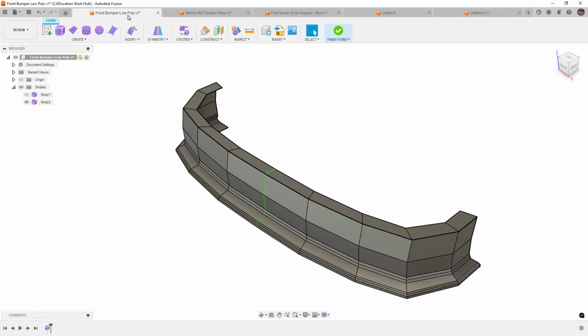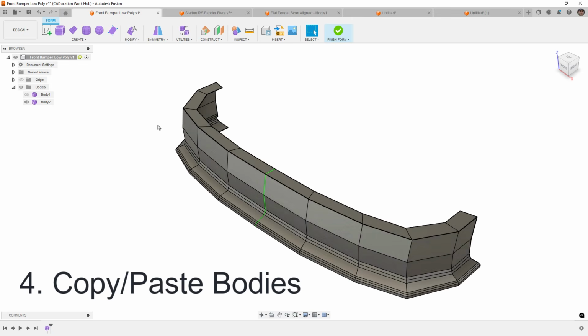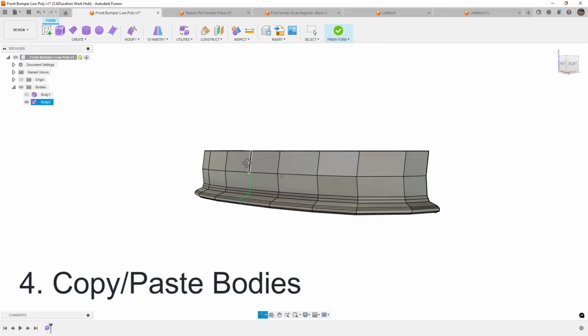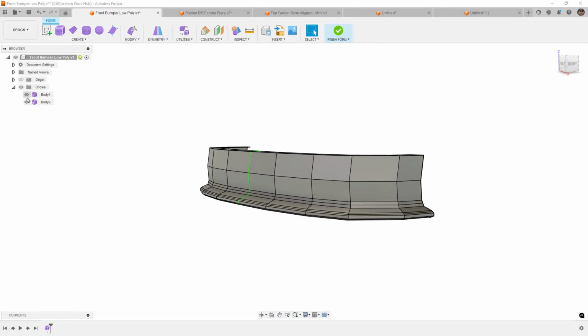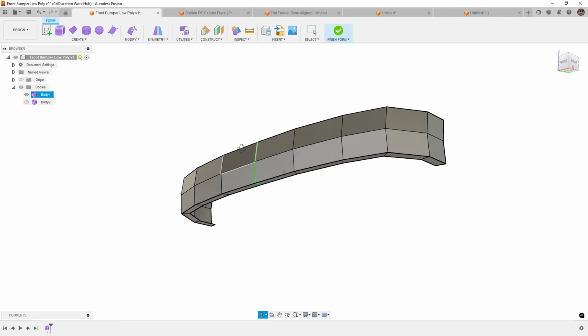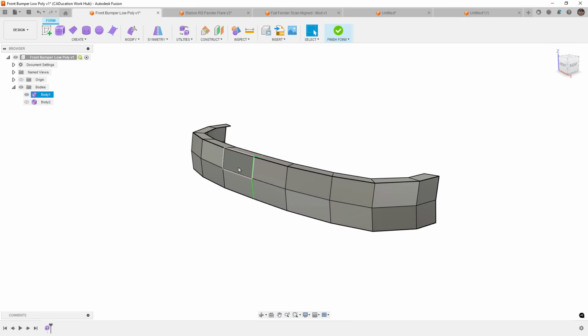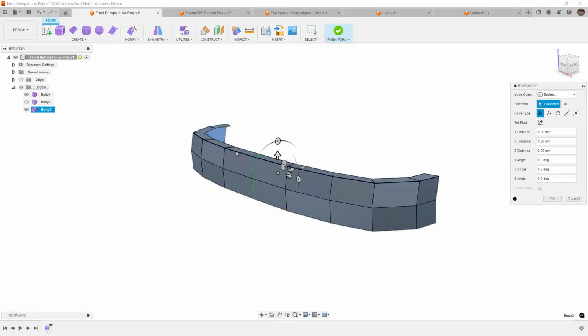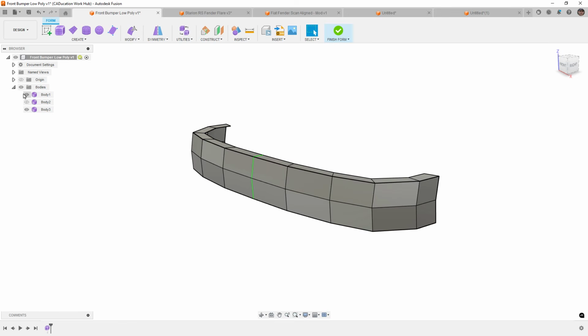The next thing that we want to talk about is copying bodies. So if you're working on a freeform design, it's good practice when you get to that initial low face count or low polygon state to just simply select it and do Control C, Control V, or do a right click copy and paste. Because this is direct modeling, we don't have any history associated with any changes. So if you want to make a drastic change to a design, then having a copy of the original